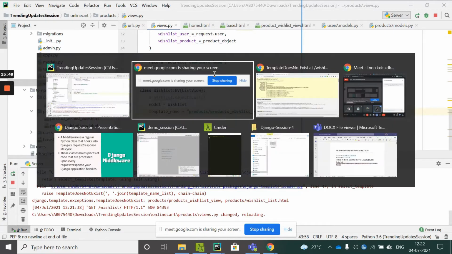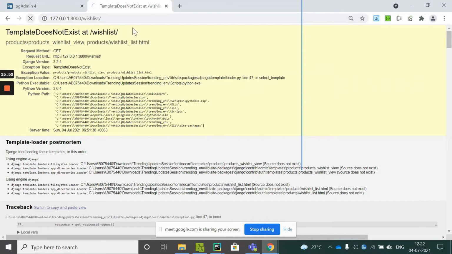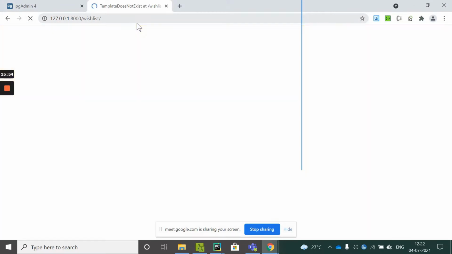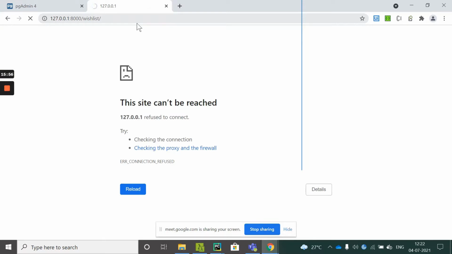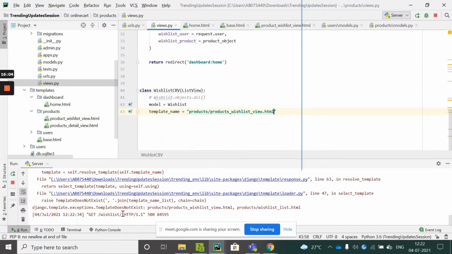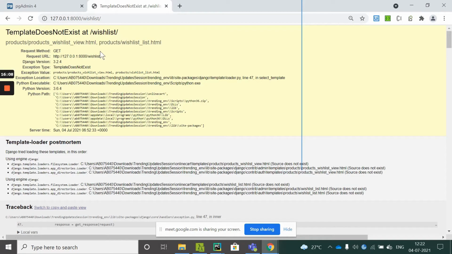This is how we get the errors, and this is how we should be able to know what this error exactly means. Or still it's products underscore wishlist underscore view dot html.